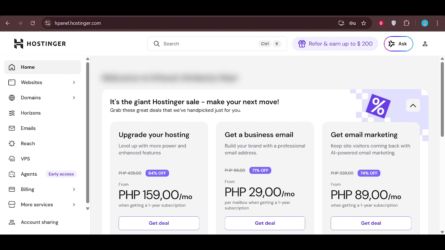First, make sure you're logged into your Hostinger account and that you're on the hPanel dashboard. That's the main control panel where you manage your hosting, websites, and all related tools. If you're not already there, log in through the Hostinger website and choose the hosting plan or project you want